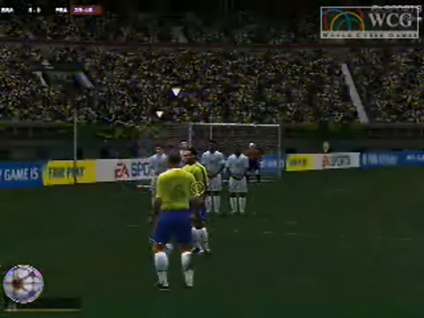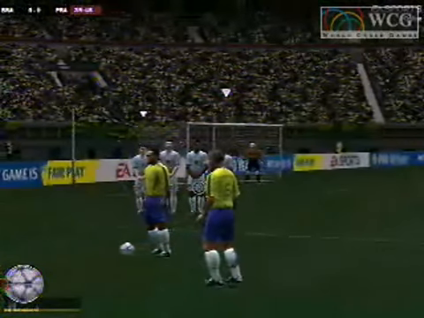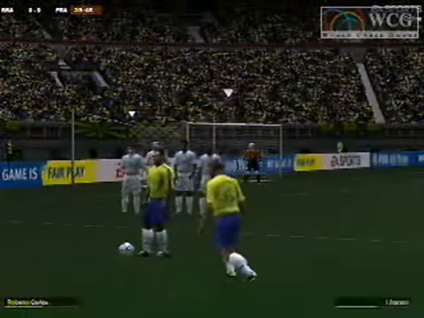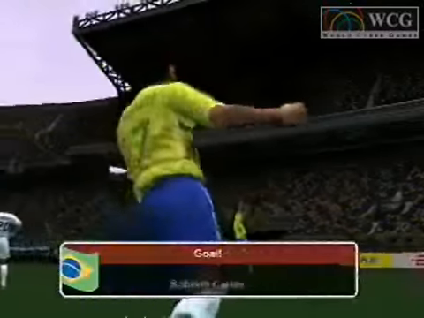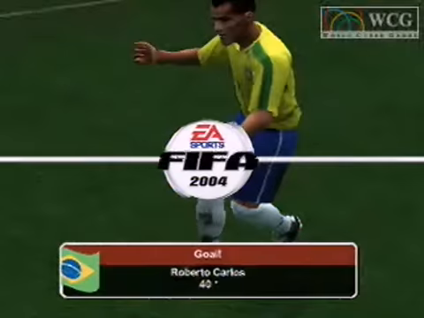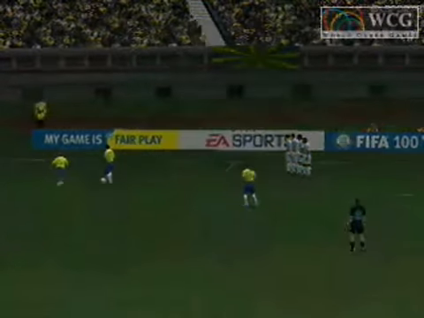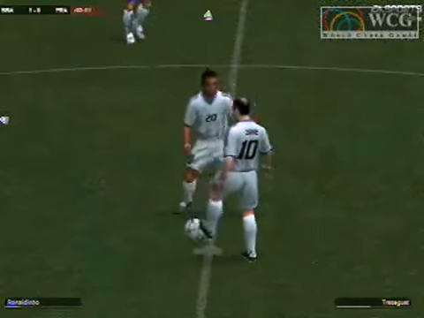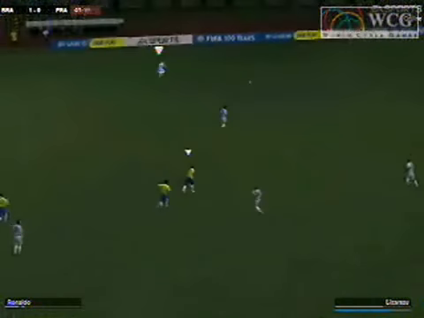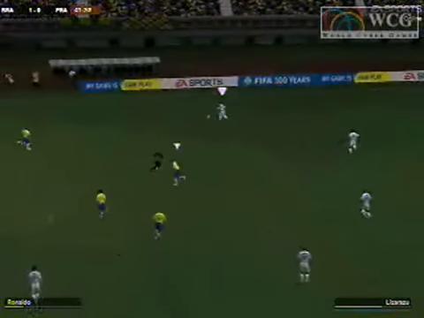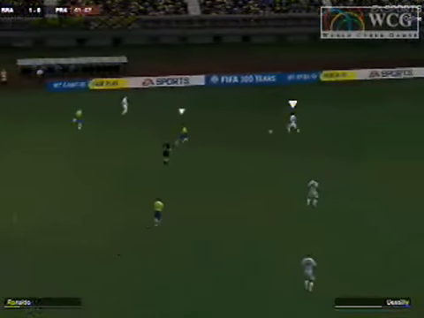Roberto Carlos lining this one up. The wall standing strong. He sees 4 men. The keeper in the box. The bottom left-hand corner. The shot and the goal. That was beautiful. Roberto Carlos just eats one past the keeper, and Brazil is up now 5 goals to nil in the aggregate. 1 goal to nil in this game.